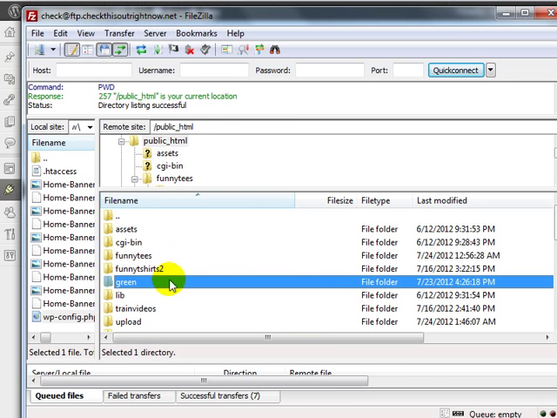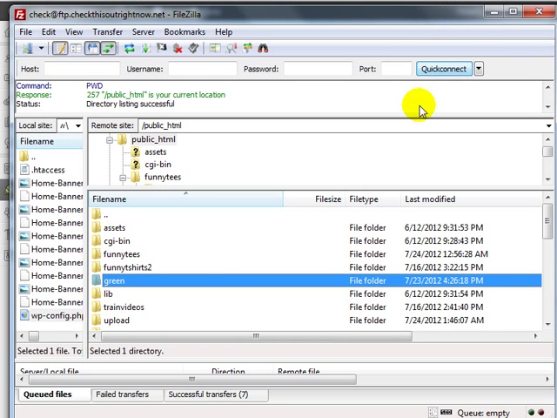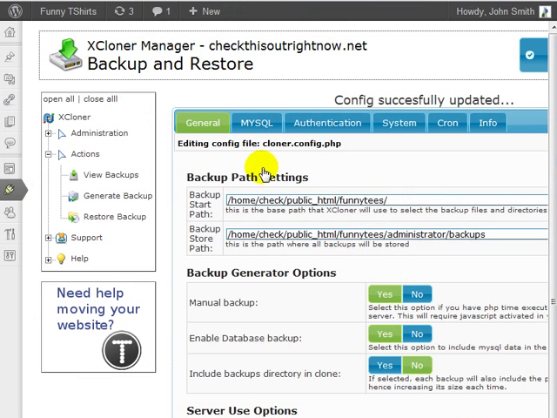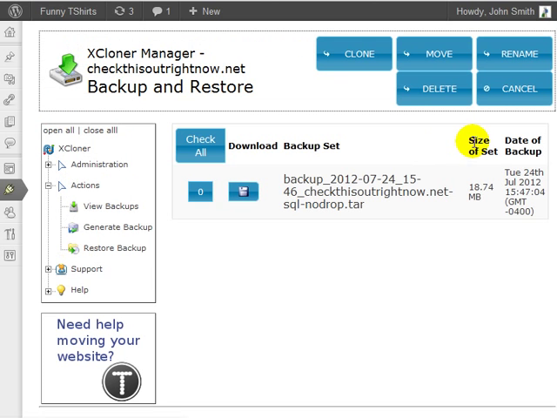And you can always change it back so that you can cover your tracks. After you have done this, you can go back to the browser and we can begin the restoration process of the previous backup. So I'm going to click on View Backups, and you're going to select the backup that you want to clone. Click on Clone